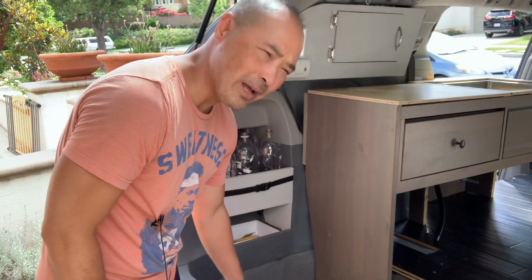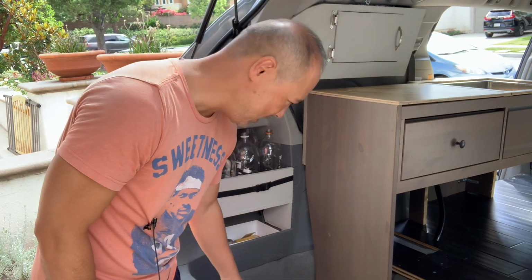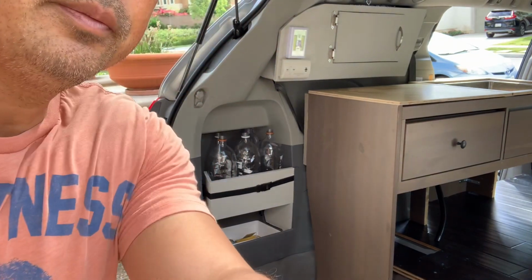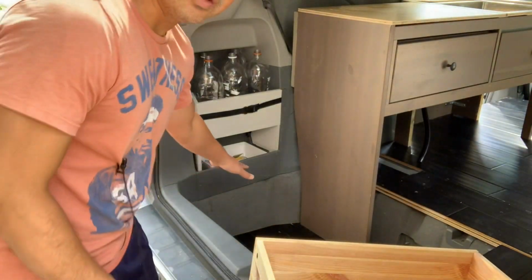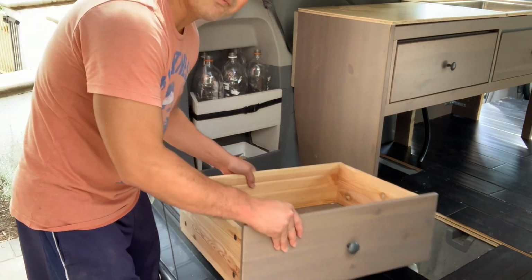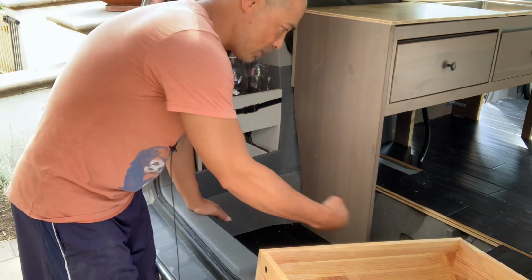My sitting wall, my bathroom sitting area, bathroom toilet area like I used to have in my old thing. So I'm going to build it right over here. I'm going to build it here, and this drawer is too big, so I'm going to have to chop that down too. But I'm going to build it right here so it'll be storage where I can pull out the drawer